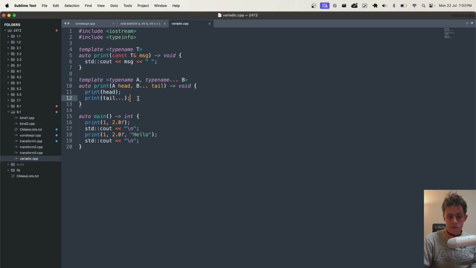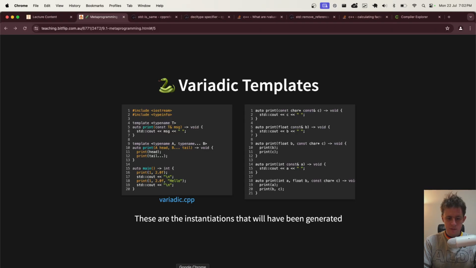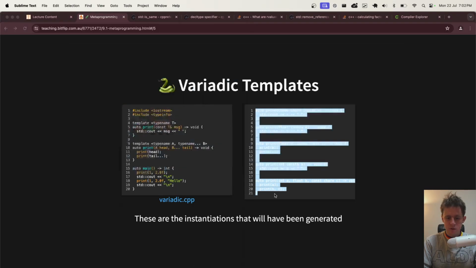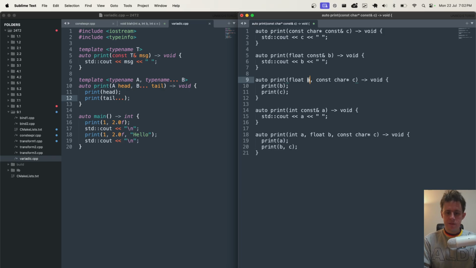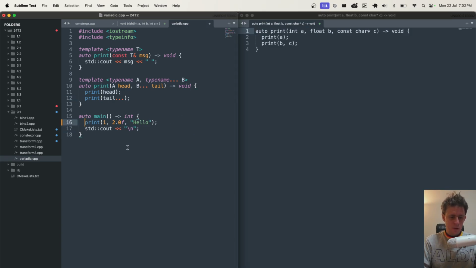And then what happens is it calls tail with all the remaining types. Now, this can be really confusing. So what I like to do to make this a little less confusing is actually show you how the compiler will think through stuff. So let's imagine for a second that we call this one here, keep it simple. I call that. Okay, what happens is I've called print with type A of 1.